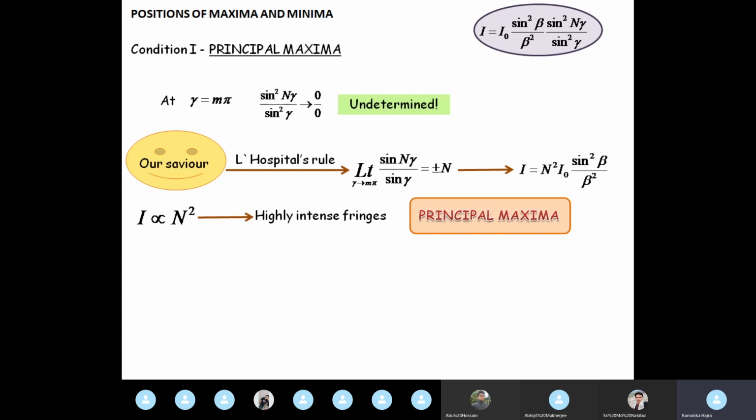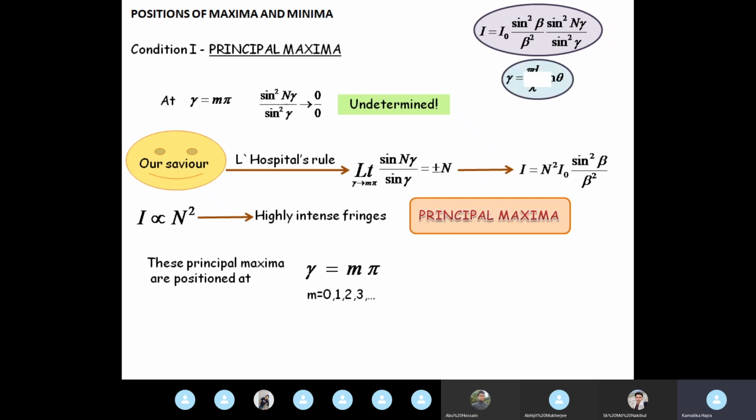So these are called the principal maxima. And you can see clearly that there is not one central maximum. There are several such maxima where the value of intensity is of the order of n square. And where are these positioned? These are positioned at gamma equal to m pi, m equal to any integer. So these principal maxima are positioned at gamma equal to m pi, m equal to 0, 1, 2, 3, etc.,